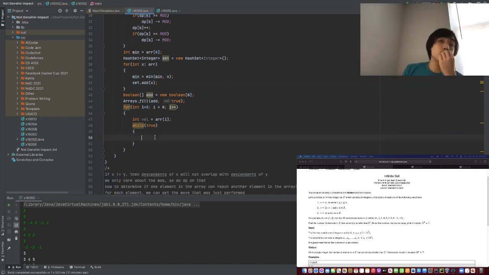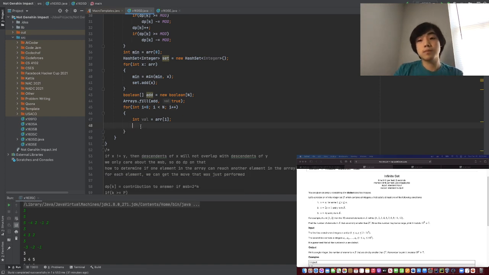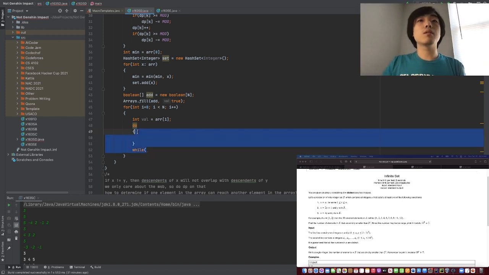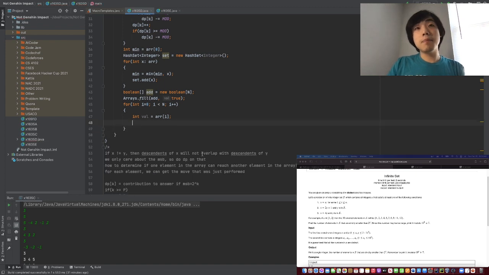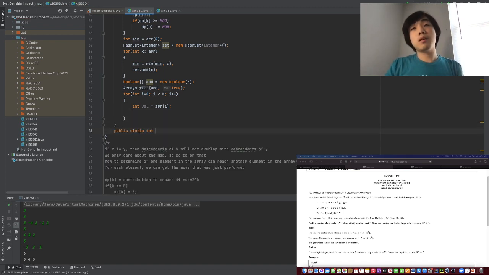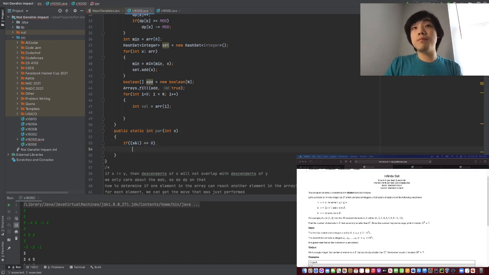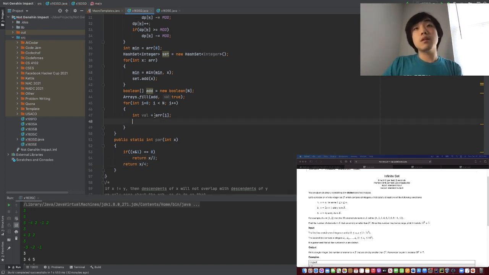Okay, so we do this, and then we do if, so we do something while this, public static int parent of x, if x, otherwise we return x over 4. Okay, so int val is equal to parent of this, and so